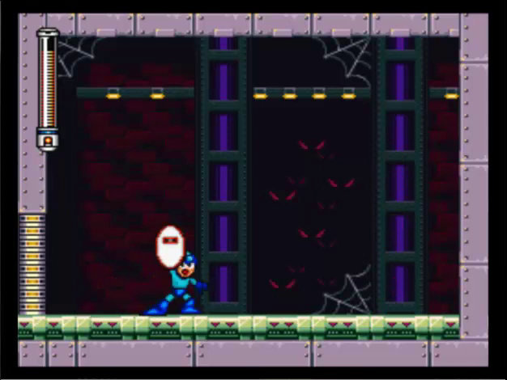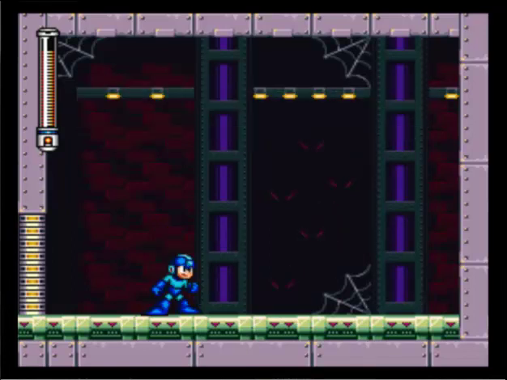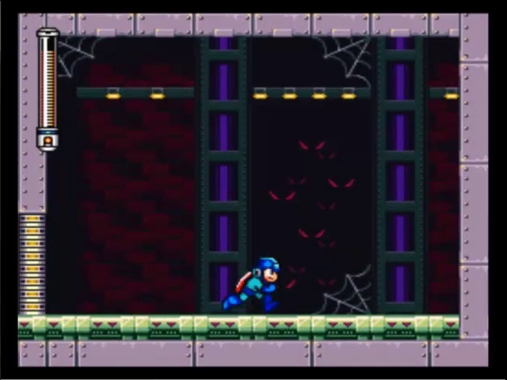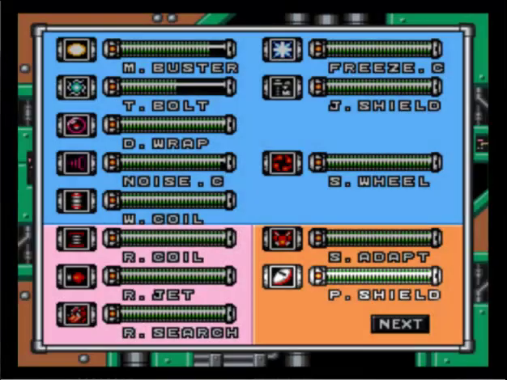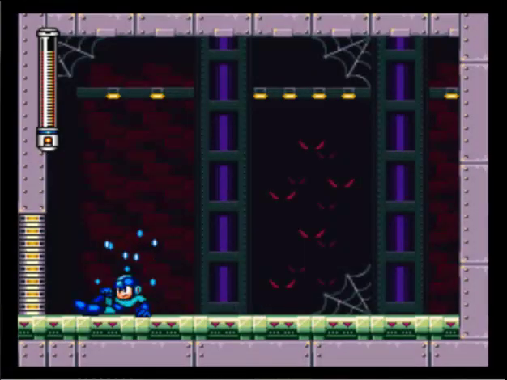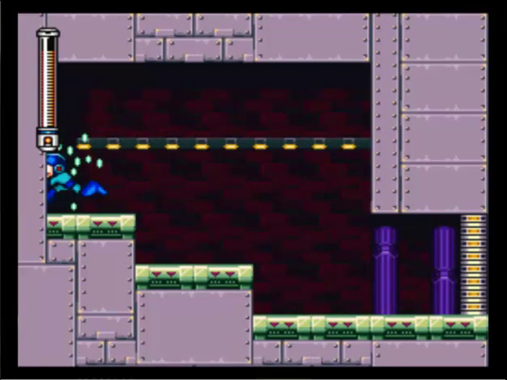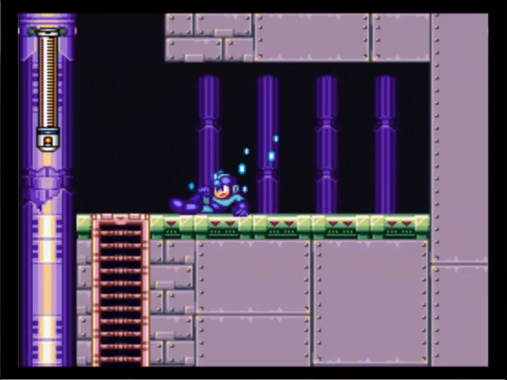And we get the proto shield. You get proto shield, yes we do. And now we can select it. It's not really a special weapon since it doesn't use up energy, but when Mega Man's standing still and he has the shield on, then shots, things that come at him from the front, at least projectiles, will just bounce off. I've never really gotten much use out of the thing, honestly. But, hey, I had to show it off, and there's the whole completion aspect, so...